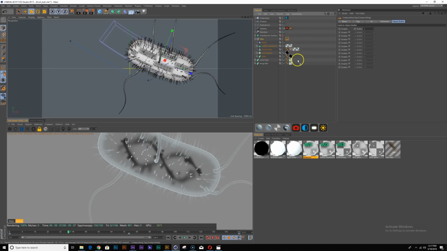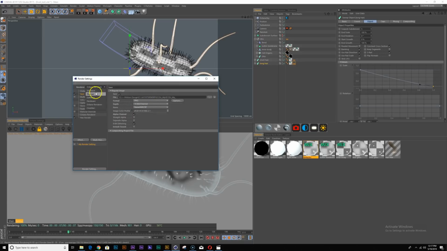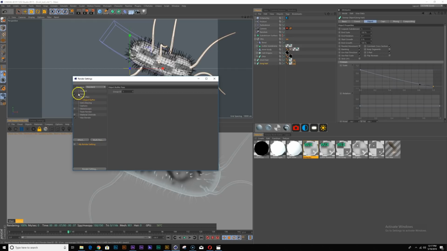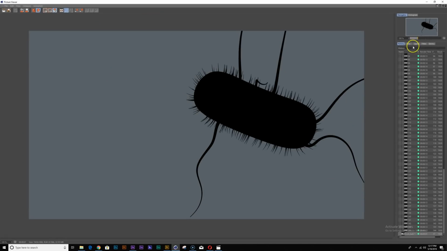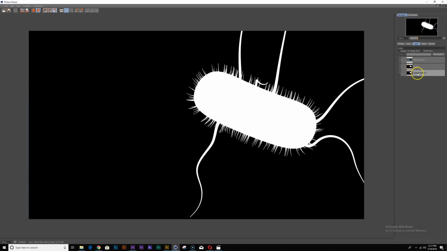I'm going to copy that to the two fibers as well, and I'm going to change this back to standard like I was saying. Enable multipass and add an object buffer, and let's just do a quick render test to picture viewer. And if we go into layers we see that we have our object buffer.